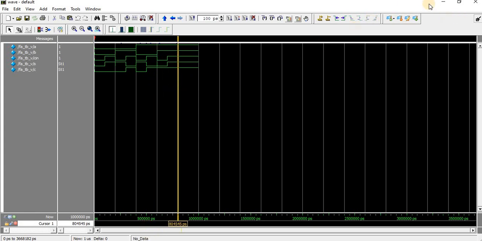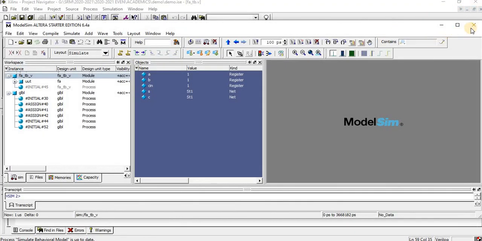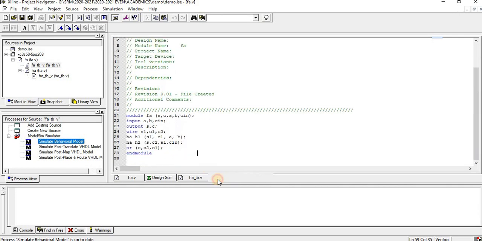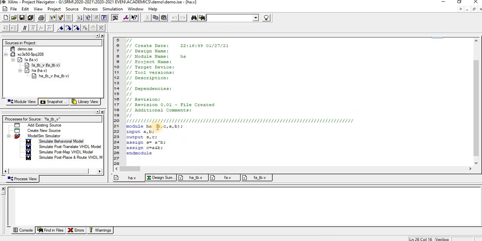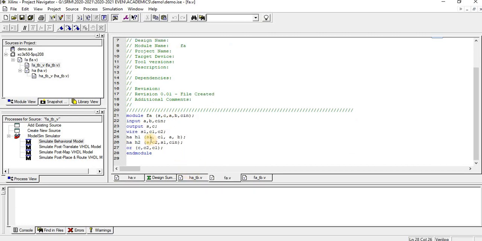So we have written the program for a full adder using half adders by means of instantiation. Here we have written this program by means of positional assignment. We took the position sum, carry, a, b, and we didn't change any position. At first, in the subprogram we declared sum, carry, a, b, so we followed the same positional order. This is how we should write an instantiation in Verilog.